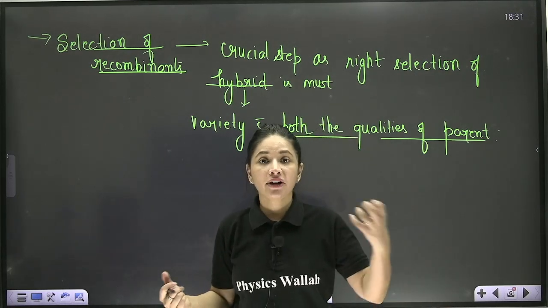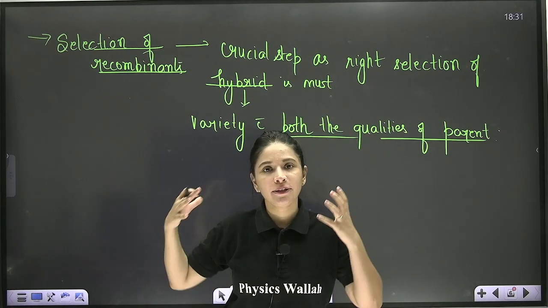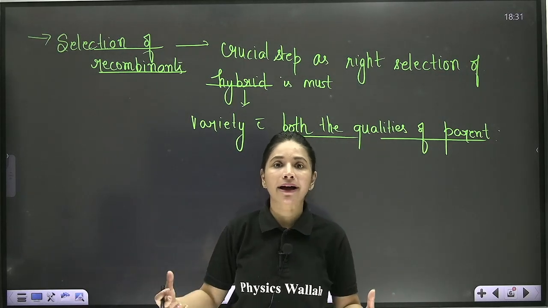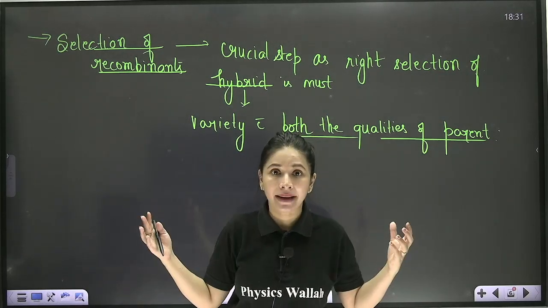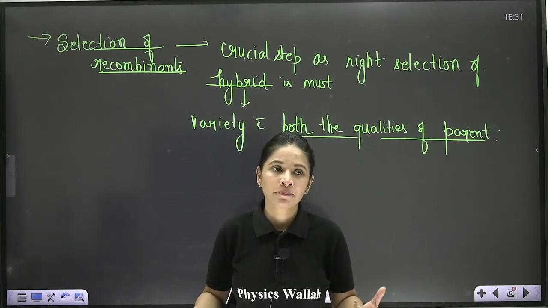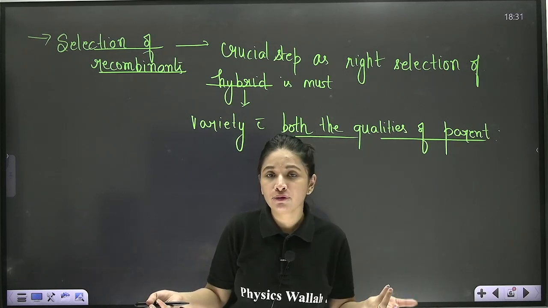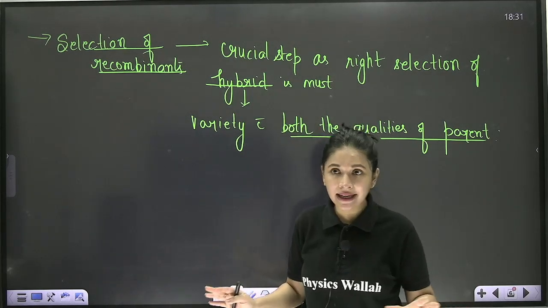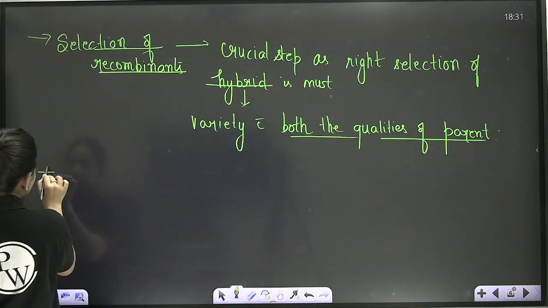Now, once you have done the selection, then you are ready to release those hybrids in the market, from where farmers will buy and sow them in the soil, and they will not only produce mangoes with high and tremendous production, but all the mangoes will also be of good taste. So not only will public demand be fulfilled, the public will also enjoy eating mangoes. Right? So the last step is